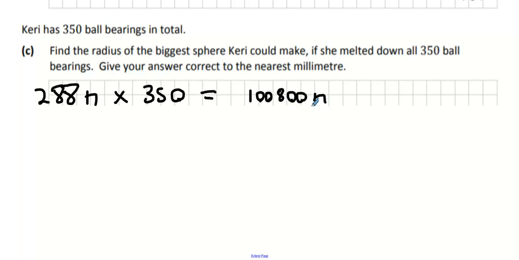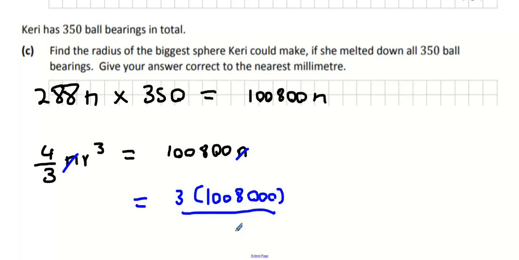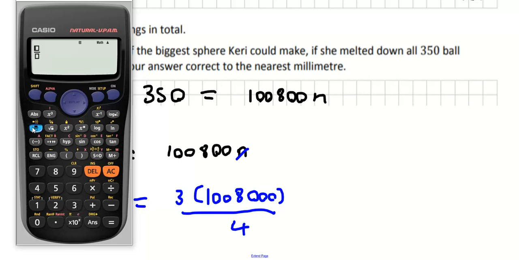Okay. Next thing we're going to do is say that the volume of our new sphere, which is 4/3 pi r cubed, equals the volume of all 350 ball bearings, because that's how big this sphere is going to be. On both sides you can cancel off the pi. It's about getting the radius on its own. So how do you get the radius on its own? Well, division by 3 on the left would be multiplication by 3 on the right, like so. Multiplication by 4 on the left will be division by 4 on the right, and that leaves us the radius cubed. So it's going to be 3 times